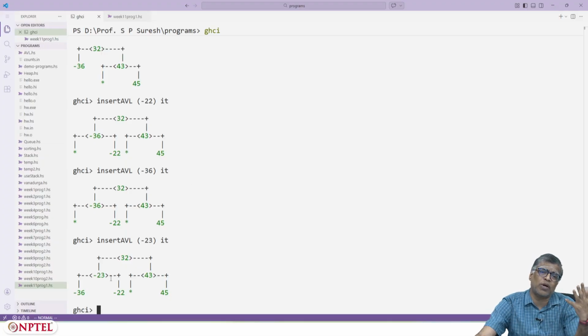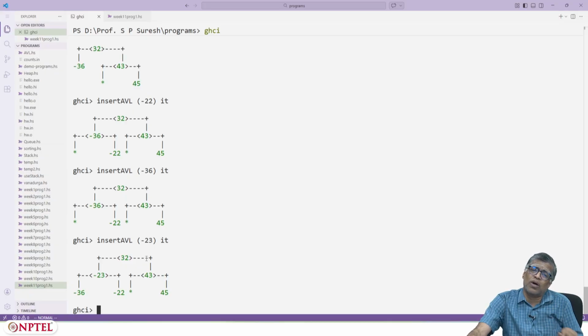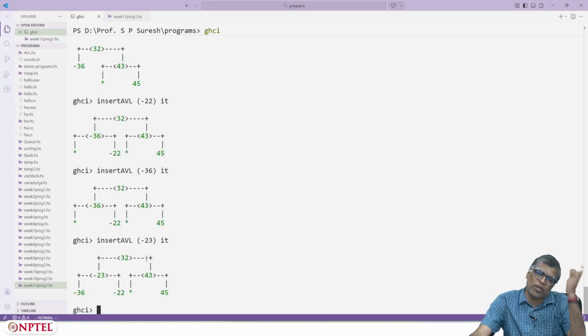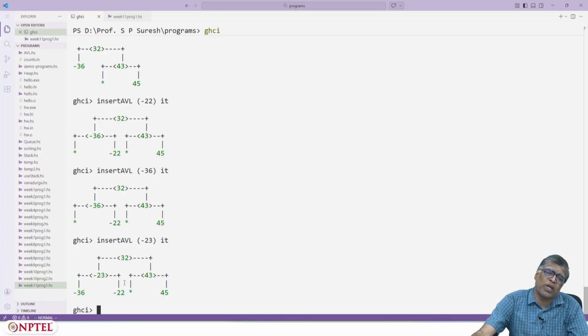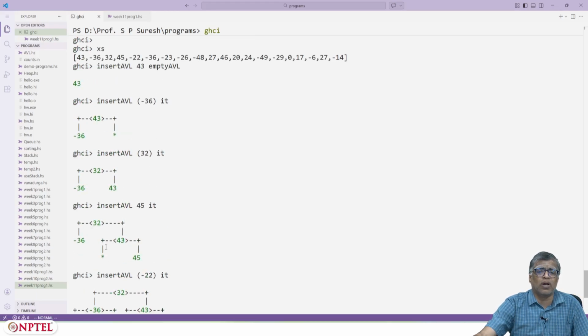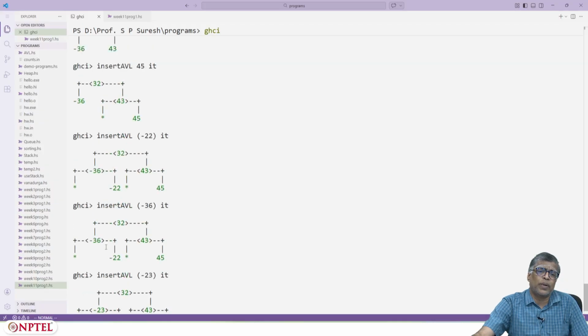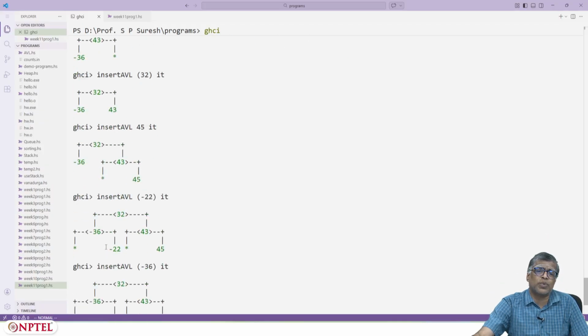Minus 23 has actually become the root of the left subtree, right? But at every point there are some complex changes that are happening, okay? In a binary search tree as we did earlier, if you did an insert, everything will go to the leaf level only at every point of time. Here that's not what is happening, but no matter what it is, the binary search tree property is still preserved and height balance is preserved, okay? And let's just complete this whole example. We had minus 23, minus 26, let's try.